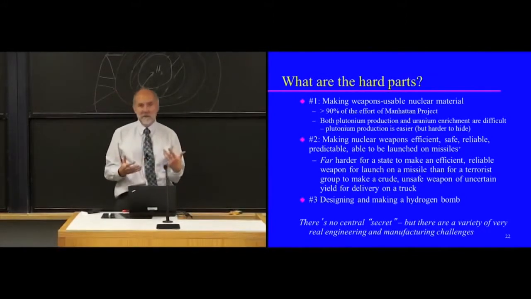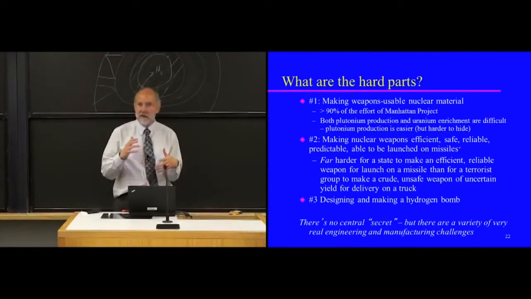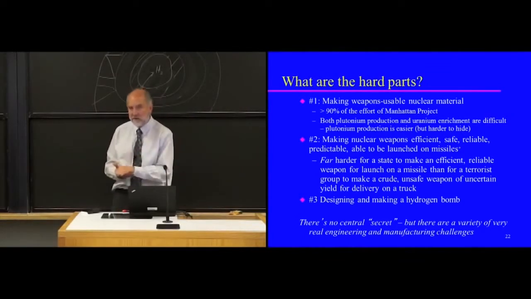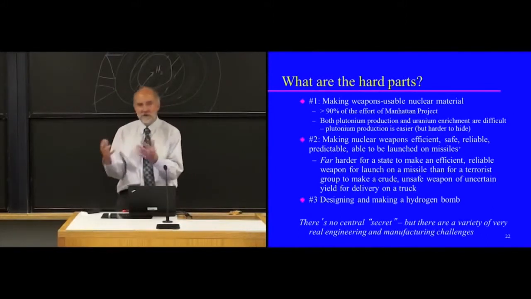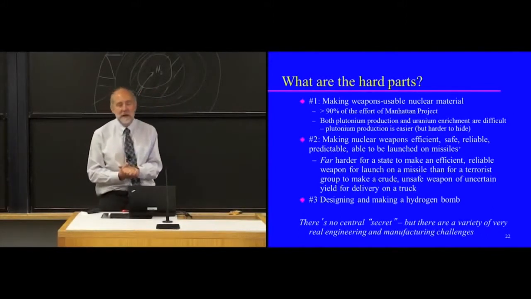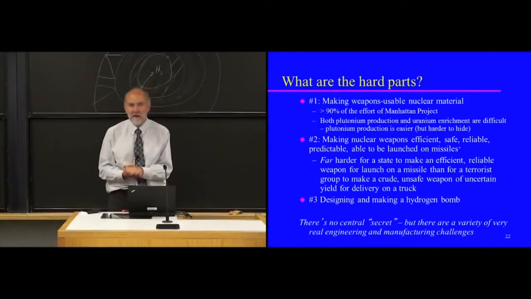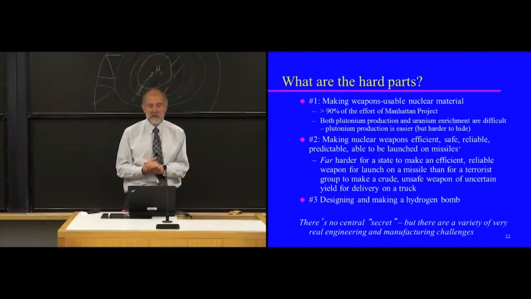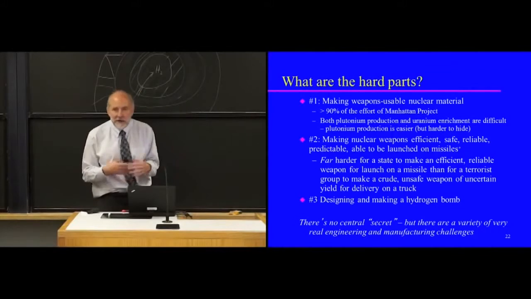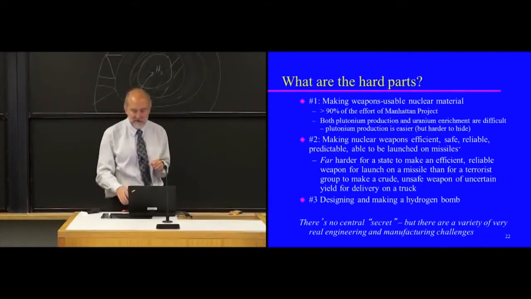All right, the third really hard part is designing and making a hydrogen bomb. That complex thermonuclear weapon I talked about, thermonuclear, hydrogen, fusion, all of those are referring to the same thing. That is extremely complex and I think very difficult to do without some degree of testing. There is no central secret to making nuclear weapons, but there are a variety of very real engineering and manufacturing